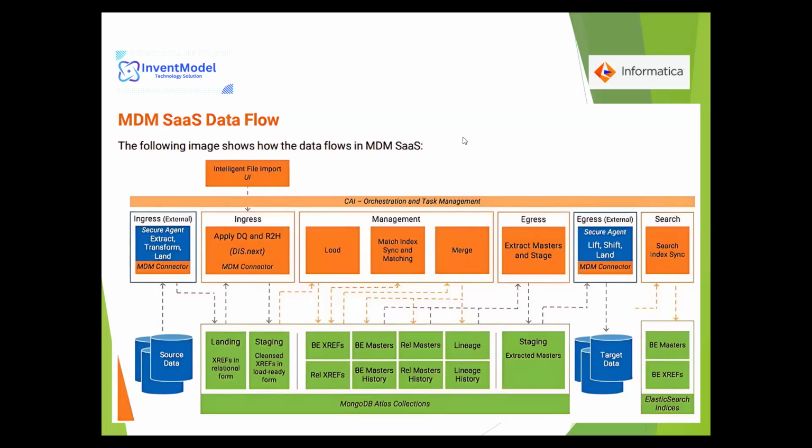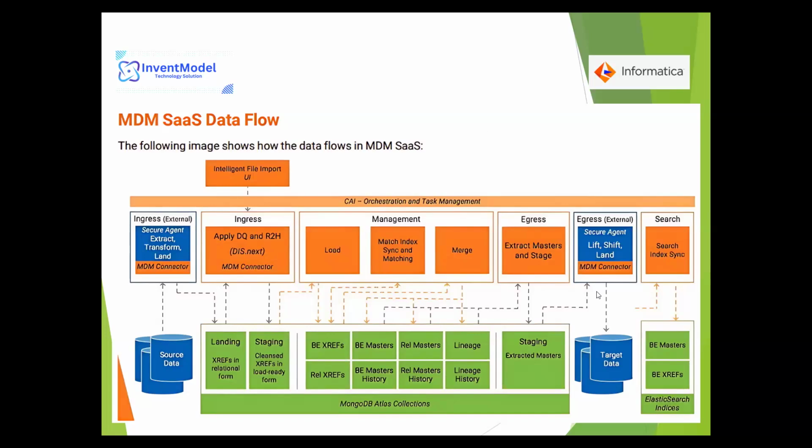Egress is extract, master, and stages, meaning when we are extracting the data into the stage table from the landing, that process is called egress. Later on we have egress external. Sometimes whatever golden copy we have created during the process,